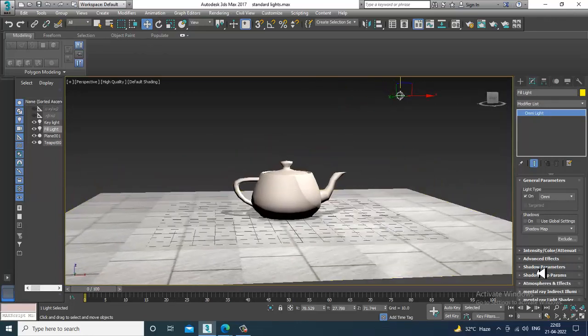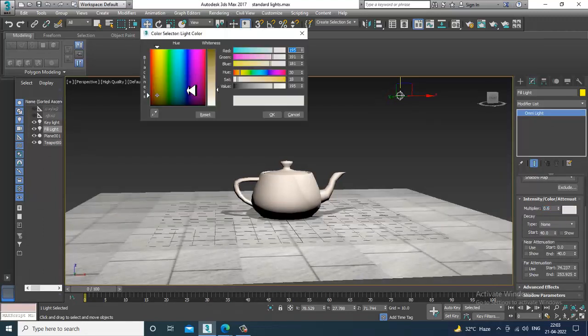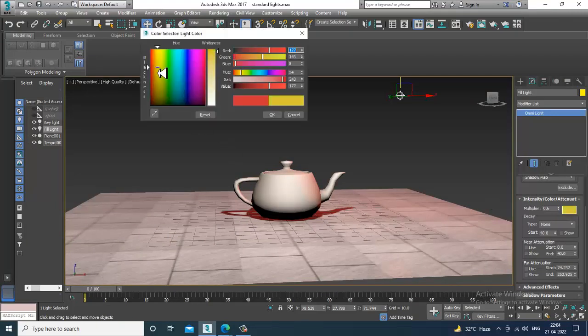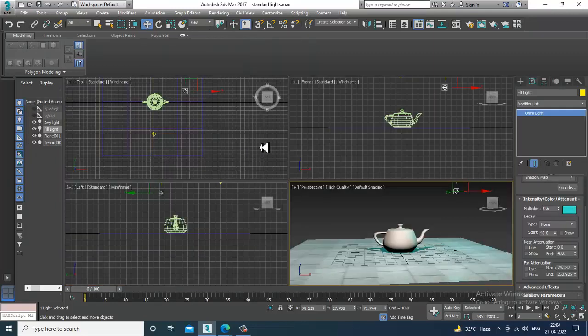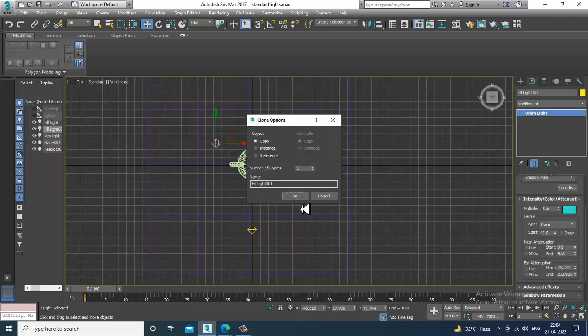For that, first of all, I'll reduce the intensity of this light to 0.6 over here, and change the color of this light to red, just to explain how the light works. I'll just give a red color to the light. Any color, you can even take green or blue, just to explain. And I'll take one more light. I have reduced the intensity of this light